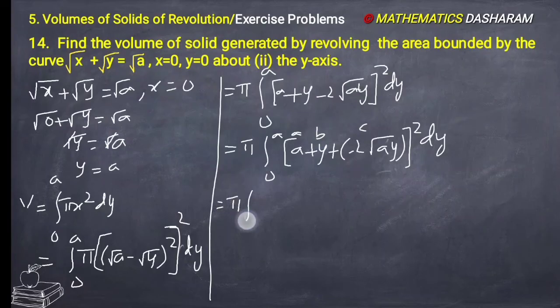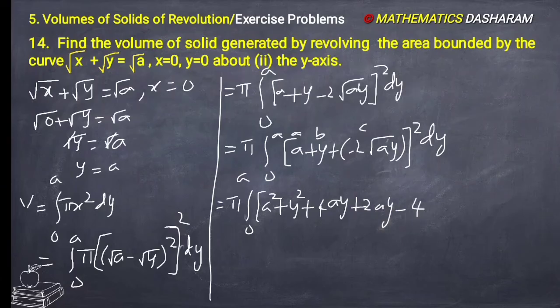So pi into integration 0 to a, first a square, next b square plus c square, 4 into ay, plus 2ab, 2 into ay, plus 2bc, minus 4 into y into under root a into y, plus 2ca, minus 4 into under root a into y into a,